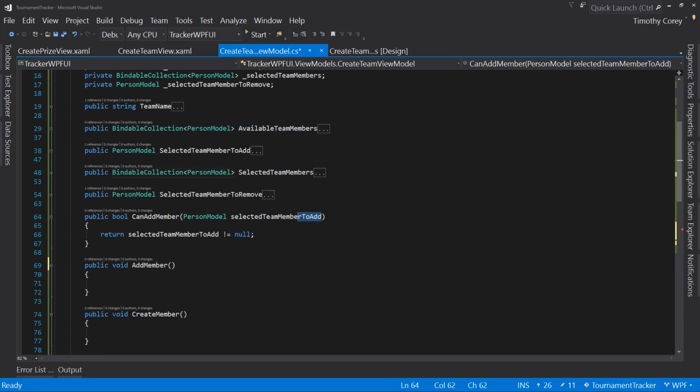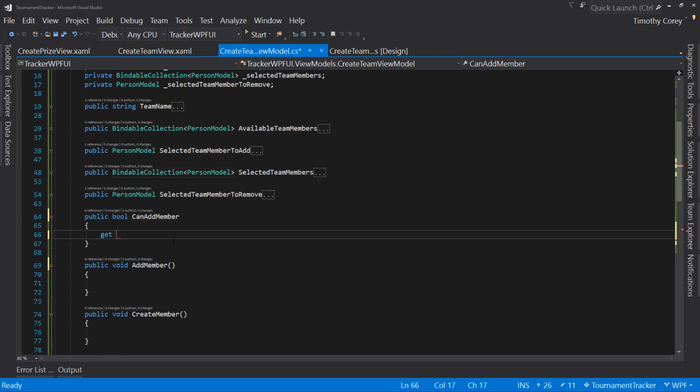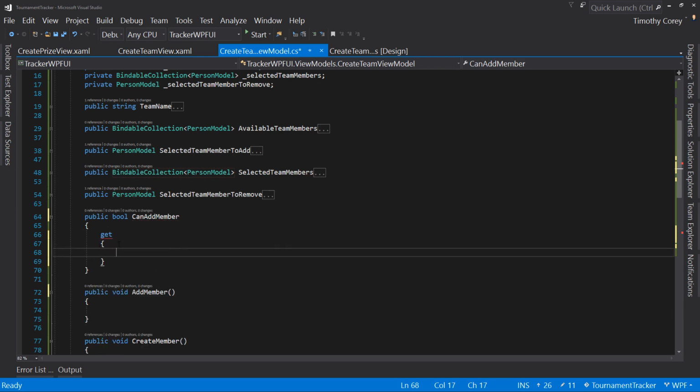We're going to take this away. We're going to take this away. And in fact, we're going to take away these parens as well. And instead make this into a getter in here. So basically a property. Now it's a read-only property. We're just going to have a get. We're not going to have a set. And then what we'll do is we'll say